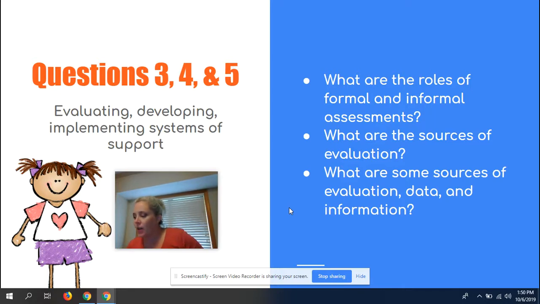Let's see, what are some other sources of teacher evaluation? I think another really big thing that we need to be aware of is how teachers are acting with their colleagues. Are they part of a team? Do they lead? Are they willing to seek help and support? Will they listen to their mentor? Will they work with their mentor? Will they take suggestions? And providing scaffolding, not just for our students, but for our staff too, finding our leaders and